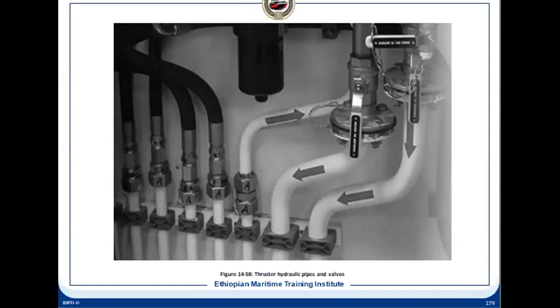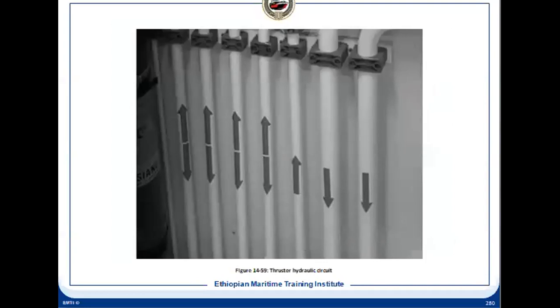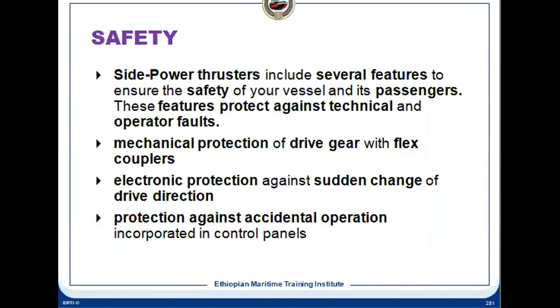Because we know that the hydraulic system's initial cost is very high compared to the pneumatic system. So they wanted to make another system to operate from that system, so that the overall cost can be reduced. So these are the pipelines, and there are safeties that have to be provided.